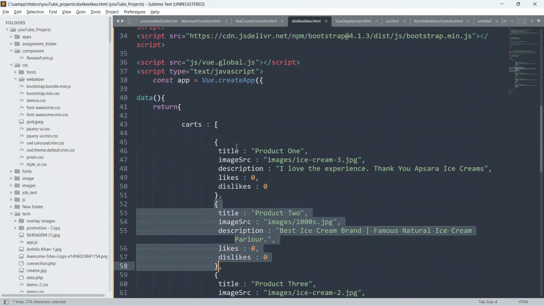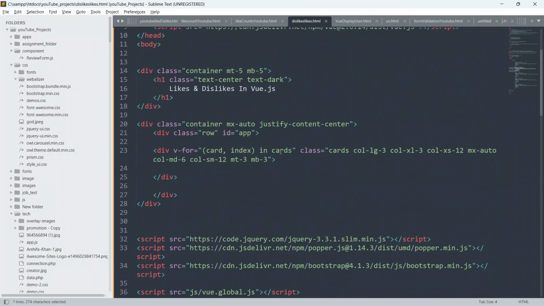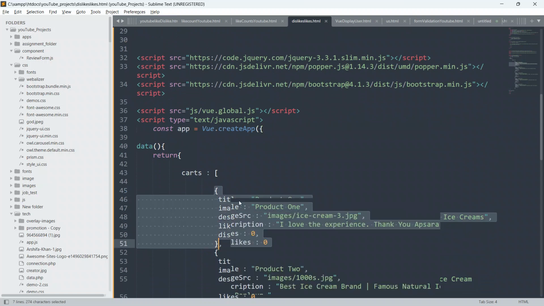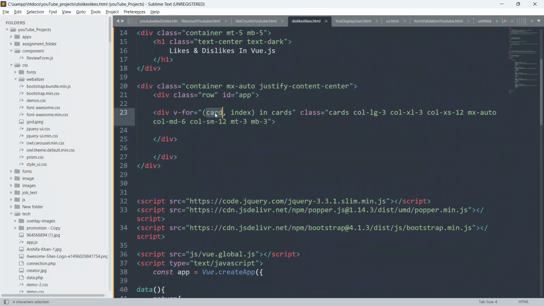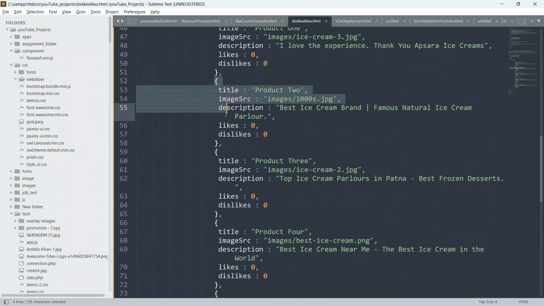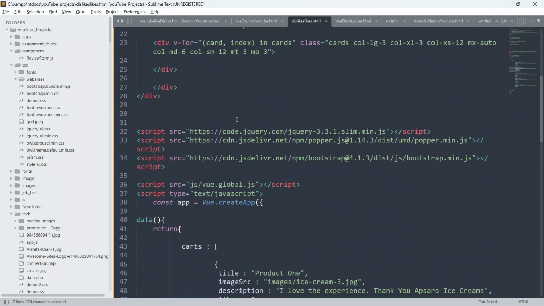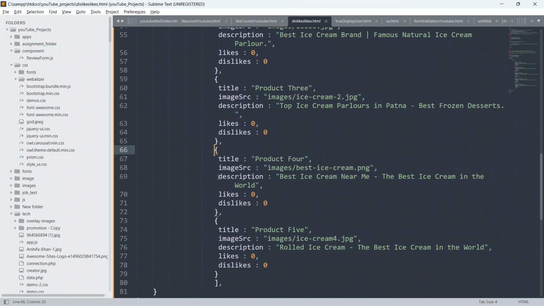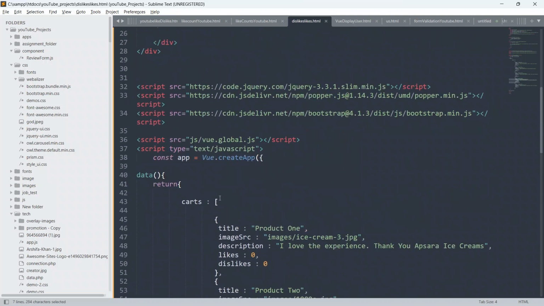Whenever this loop runs, it will loop one time and store the first element inside this card. It will loop a second time and store the second element inside this card, and again it will loop and store the third element inside the card.